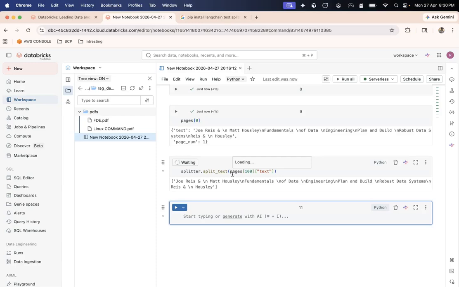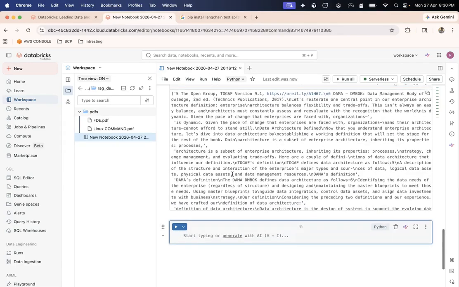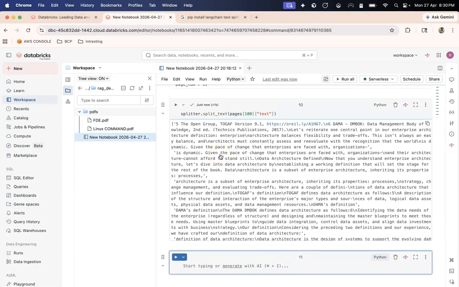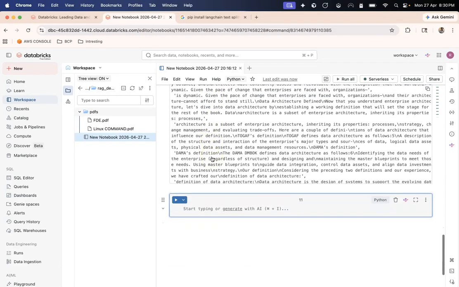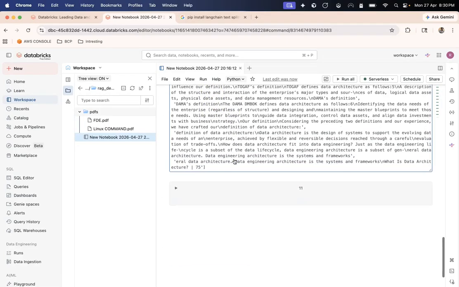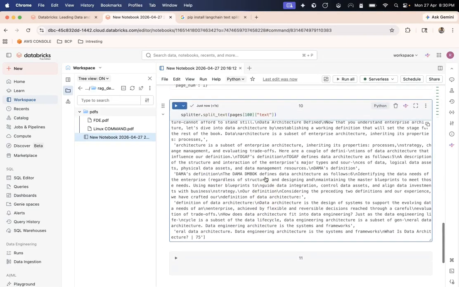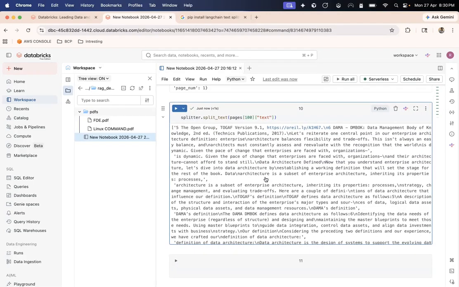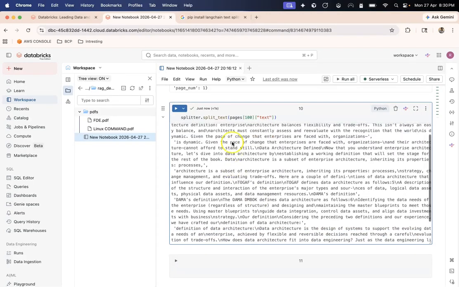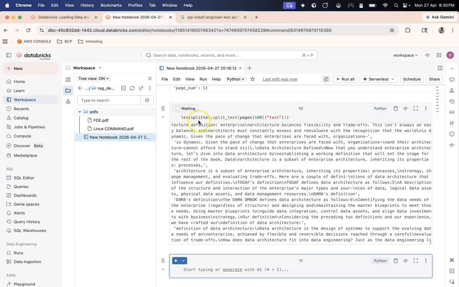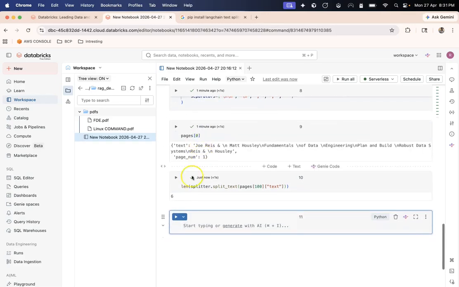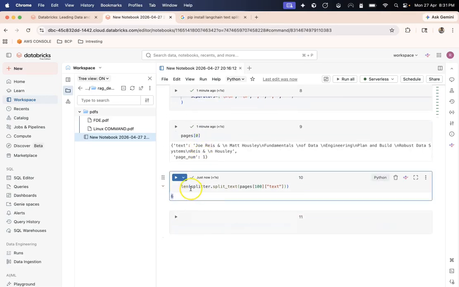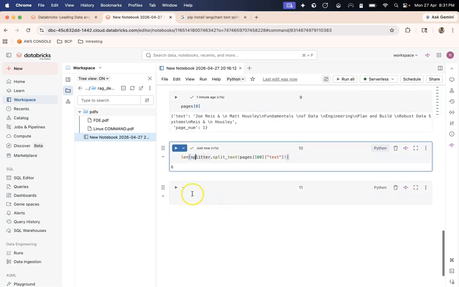Just to show you how this chunking is working. You see, now there are multiple chunks. I'm not sure how I can show you that. Is it one chunk? Let me check the length of this. And if it is so, I will show you how you can get multiple chunks from a text. So you see, there are 6 chunks that got created from page number 100.